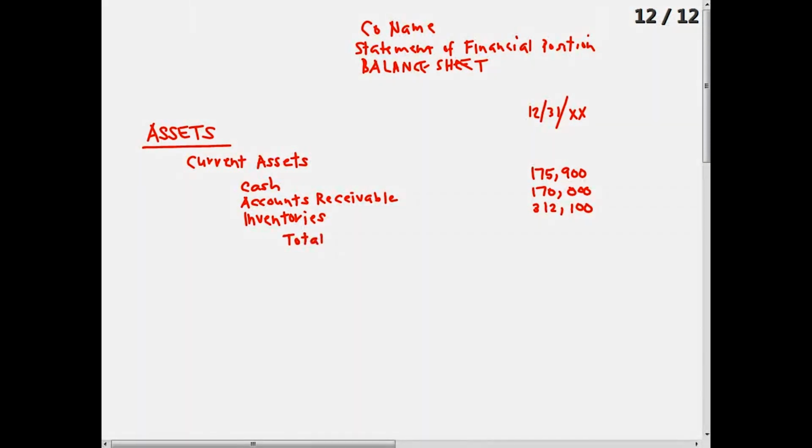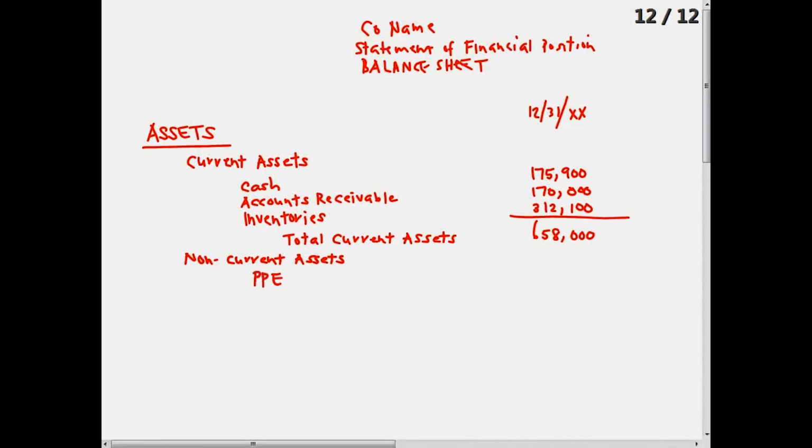Okay, so total current assets. Okay. Yes? Okay, so the current portion of long-term liabilities is current, but is it a current asset or current liability? Okay, so we'll get to it. We haven't gotten there yet. Okay, then what do I have? I have my non-current assets. Okay, so what are they?